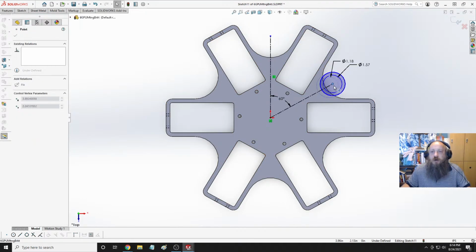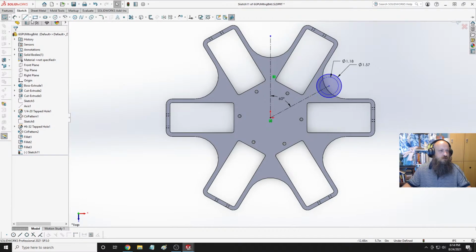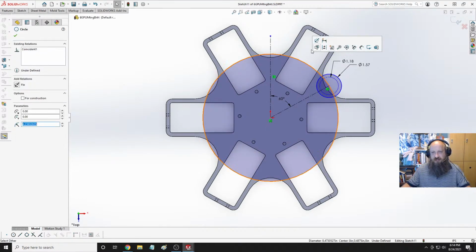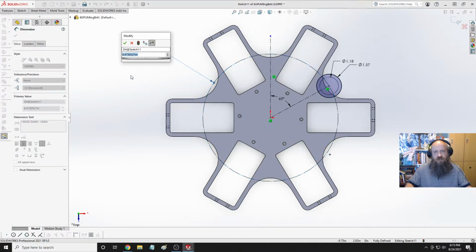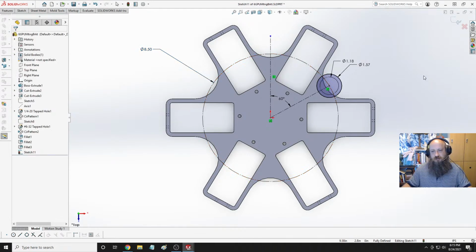Wait. Why is, oh, right. Let's see here. If I do another circle, oops, and I'll make this a guide. That way I can array it around that. 8.4, so let's go 8.5 inches. And then,